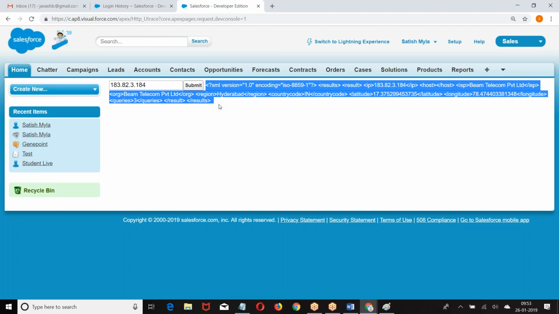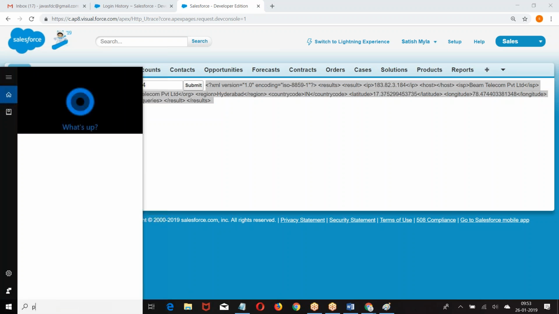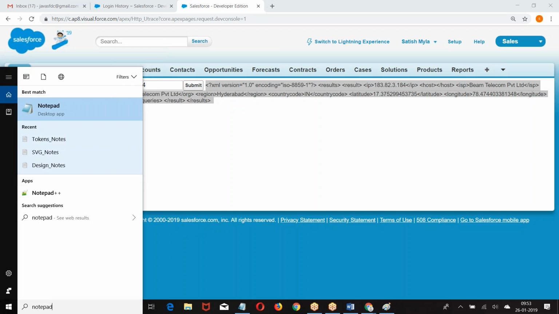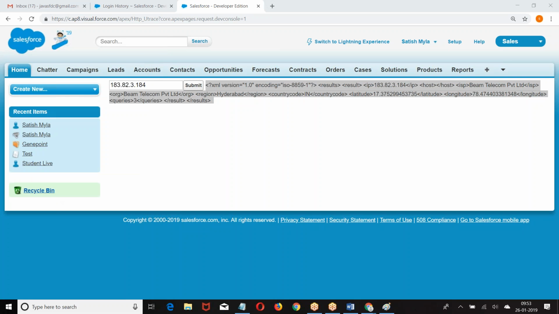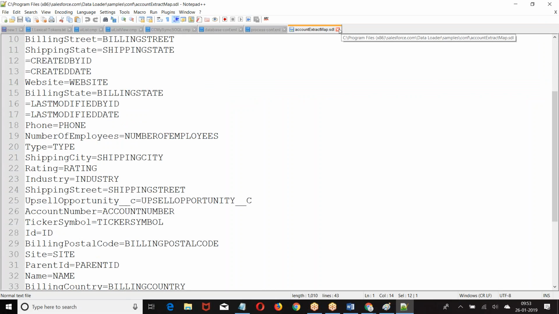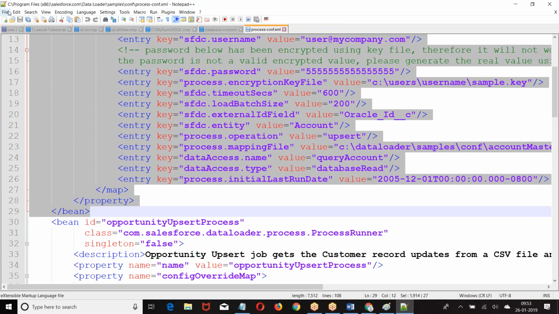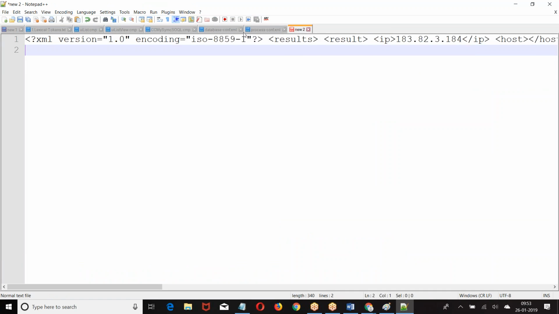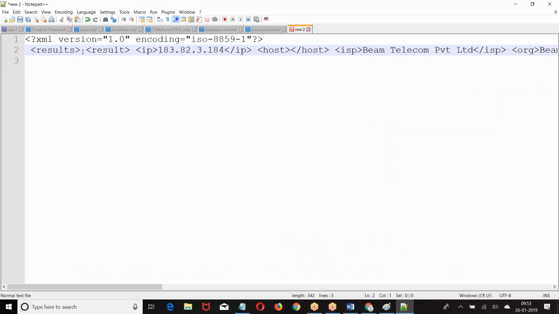XML. Now, when you're getting the response in the form of XML, what you are supposed to do? Deserialize this response and use it. How do you deserialize? In the previous example, I got the response in the form of JSON. Now we are getting the response in the form of XML. Can people deserialize this data?